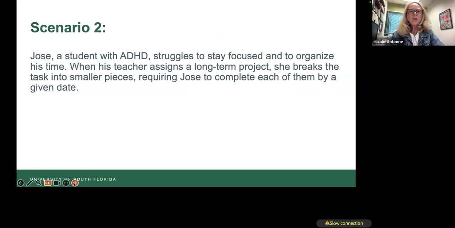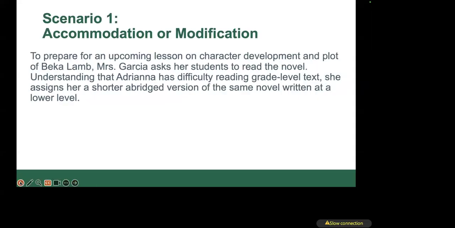Just scenario 2, Jose, a student with ADHD. Betsy, do you want to just go right back, because I think you'll want to explain why that's a modification a little bit more. Most people are putting it's an accommodation. So I think